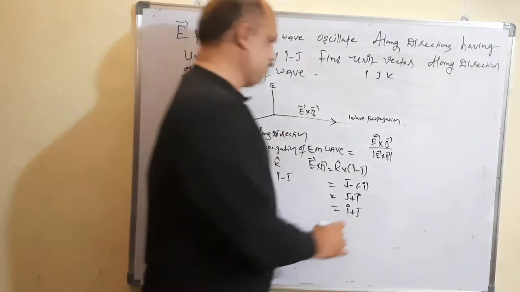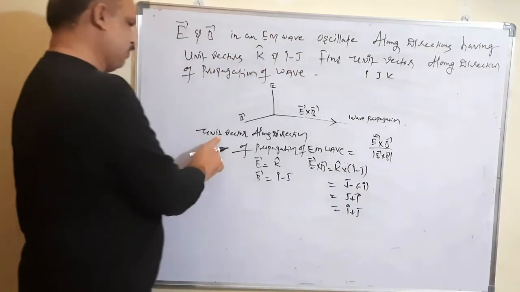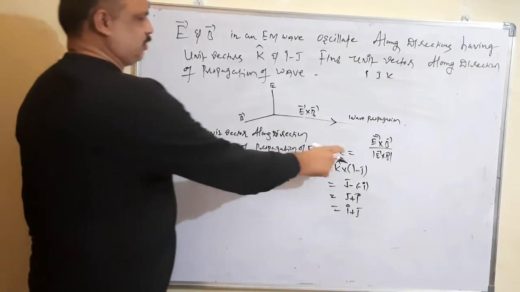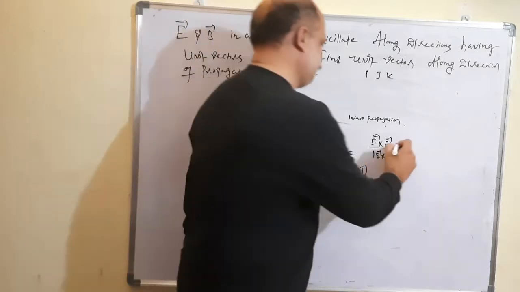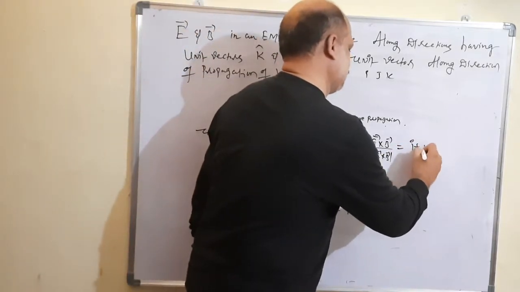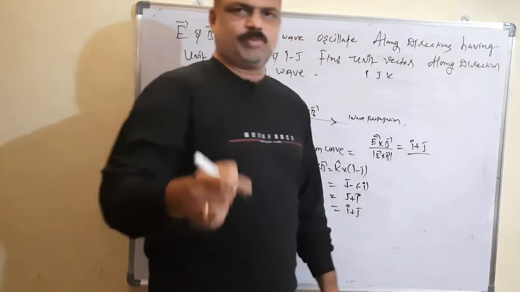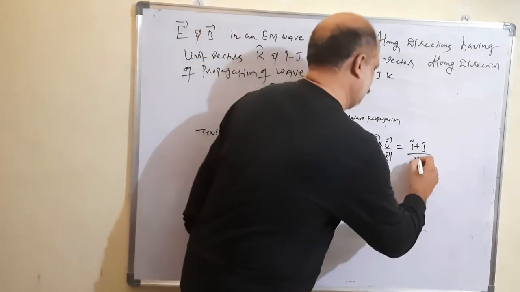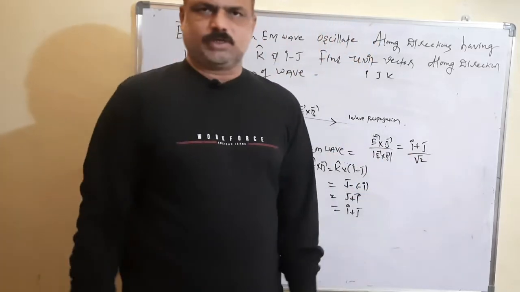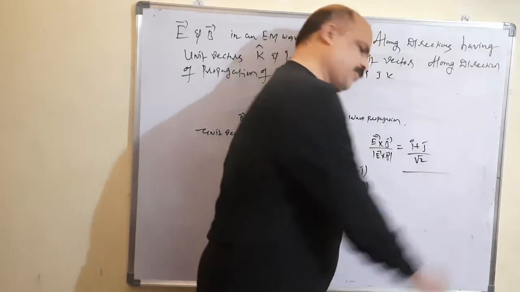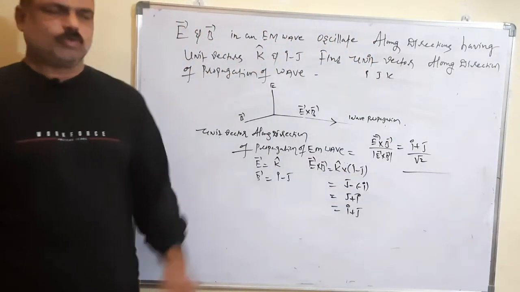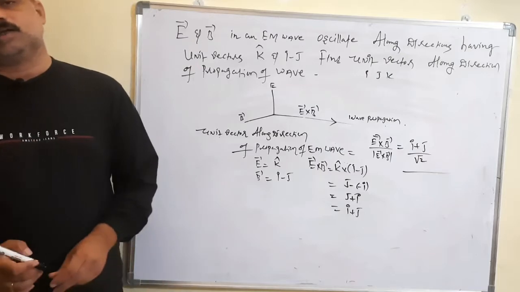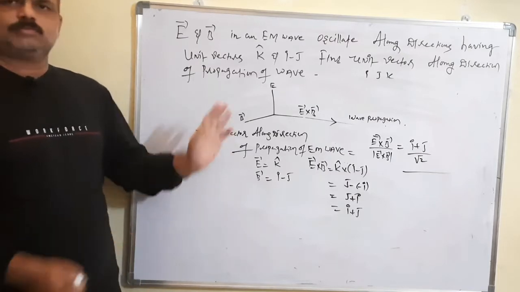Now substitute this value in this equation. The unit vector along the direction of propagation of the wave is equal to E bar cross B bar divided by mod E bar cross B bar, that is equal to i plus j divided by the modulus of i plus j, which is root 2, the square root of 1 square plus 1 square. So our option is i plus j divided by root 2. That is the correct option for this problem.